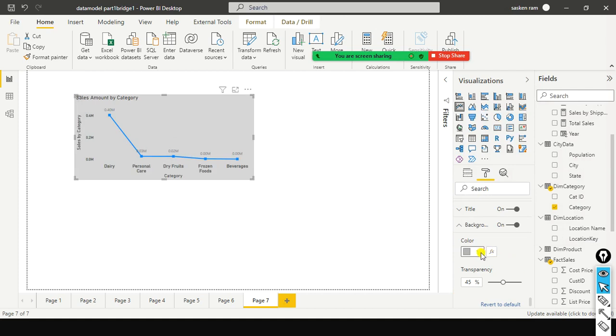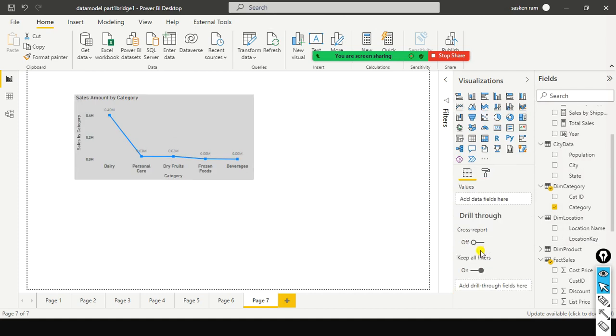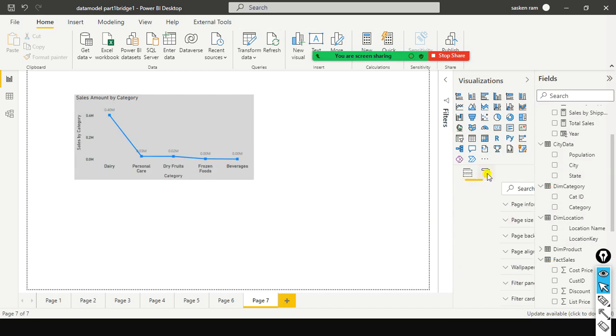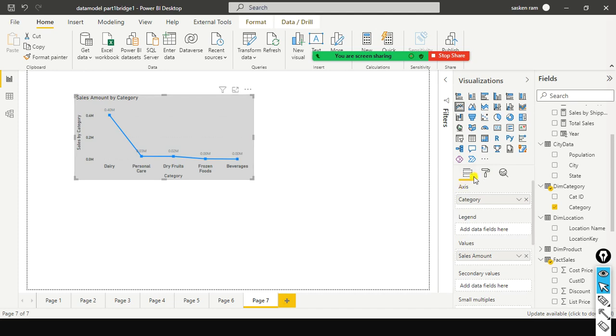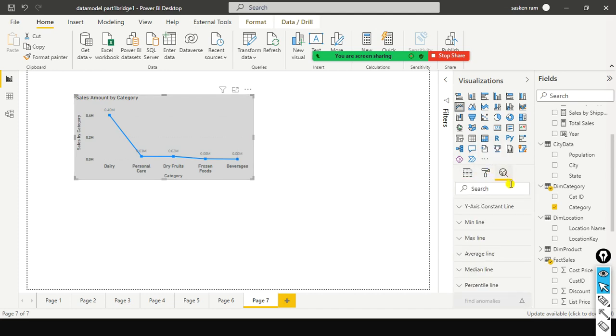Or better, you can live with the white color. White is far better. You can play around with this, and this is where you can do all kinds of things. So first you need to select the visual, and then only you can see it here. And when you click on this one, this is called your analytics, where constant line, average line, median line and